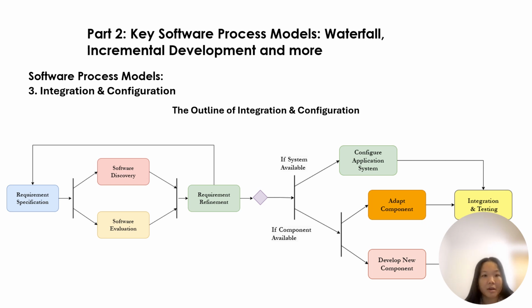There are basic activities that every model should have, starting with requirements specification and continuing to software discovery or software evolution. If this state is working, we will meet requirement refinement. After this state, there are two possible states: configuration and integration. I'm going to talk about